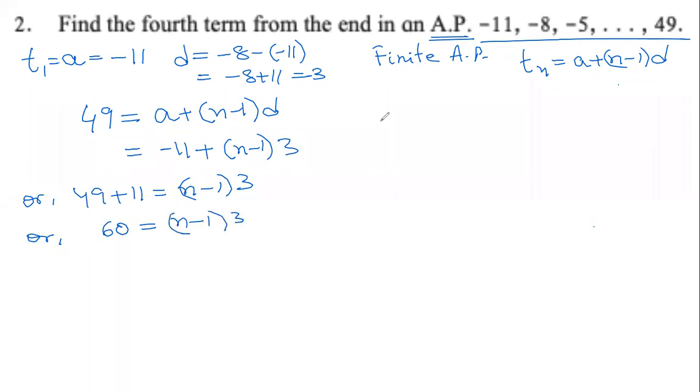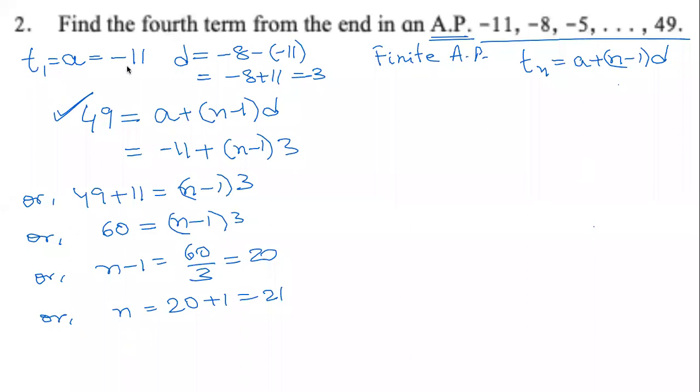Khadija, see how this is slightly different and much better than what you have written. Or we can say n minus 1 equals to 60 by 3. 3 is currently with n minus 1. We are moving it with 60. So multiplication becomes division. Now 60 by 3 is 20. Or n, now we will move minus 1 to the right hand side from left to right. So minus 1 will become plus 1. So we get n equals to 21.